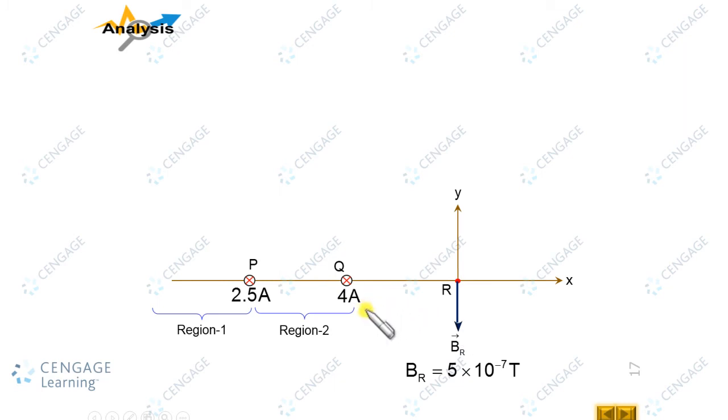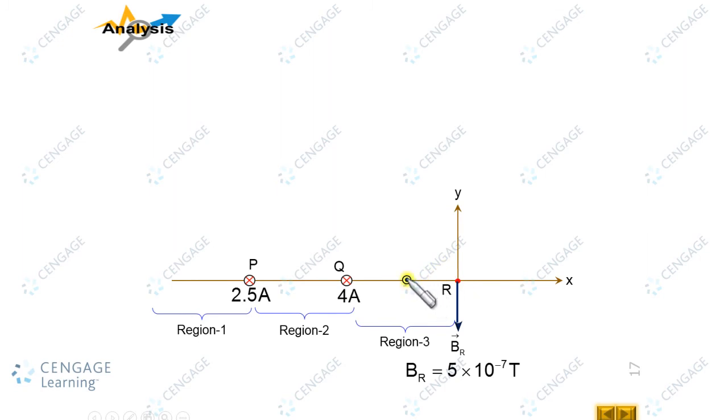So let us consider this as region 3. Suppose we place the wire at region 3. You know the magnetic field because of these two wires is in the downward direction. To make the magnetic field 0, the magnetic field because of this wire to be placed at region 3 should be in the upward direction. So the current in this wire should be dot, that is toward you, opposite in sense to these two. That only makes the magnetic field at this point equal to 0.